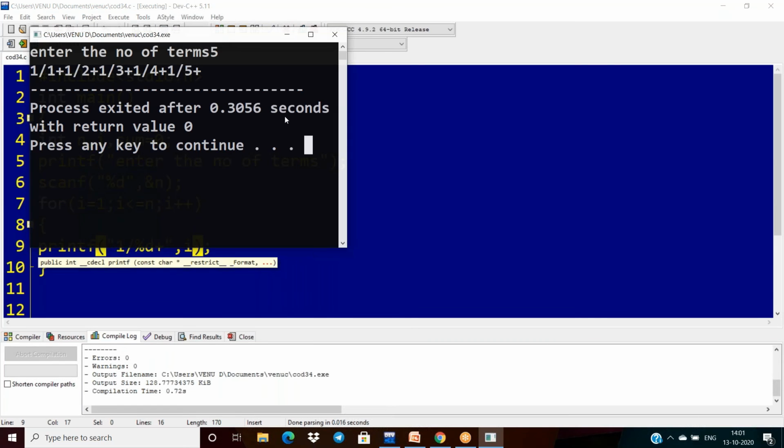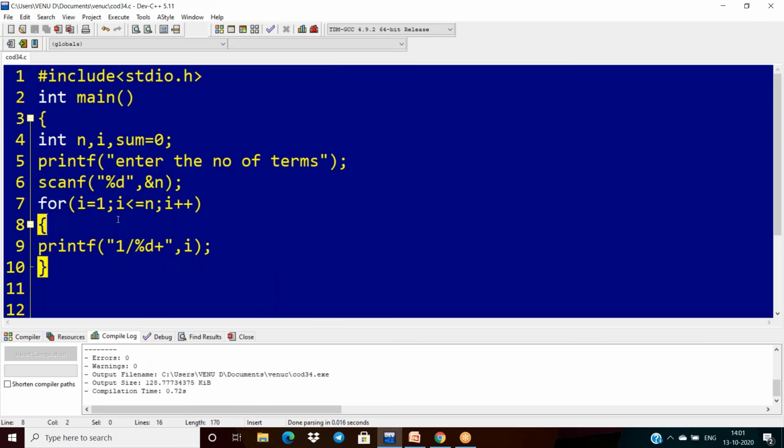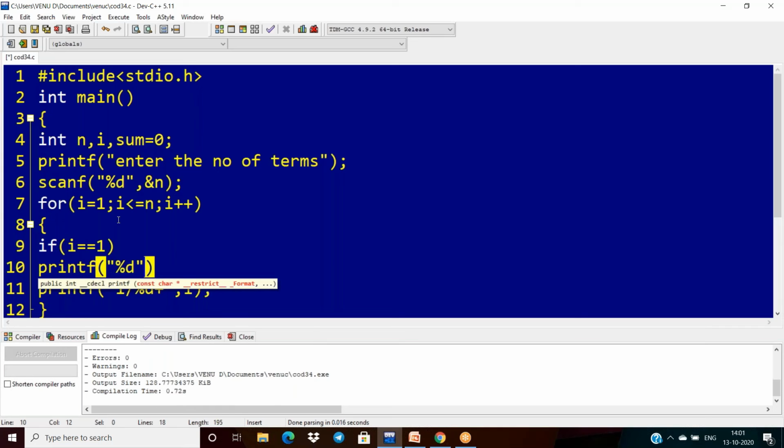Now I am giving here 1, so I am getting 1, 1 by 1 plus 1 by 2, 1 by 3, 1 by 4 plus, but I require only 1 here. So that is why if i equal to 1, I am printing the value i as this: printf percentage t comma i. So first time, and the remaining cases,